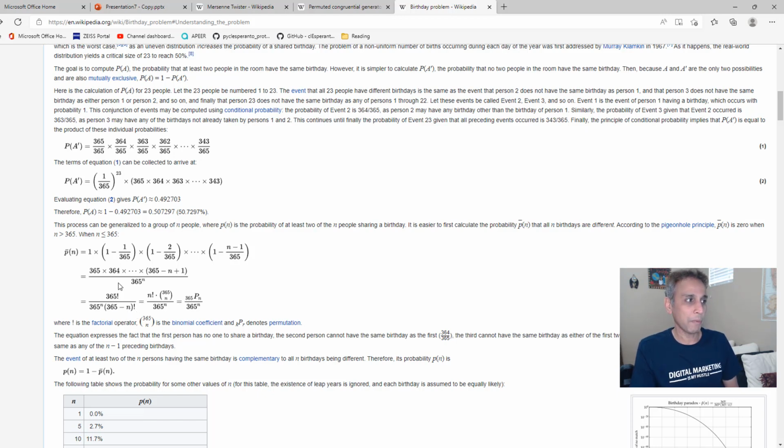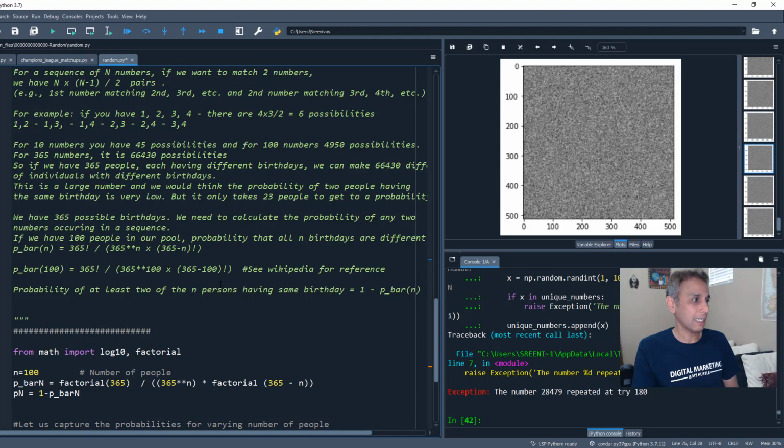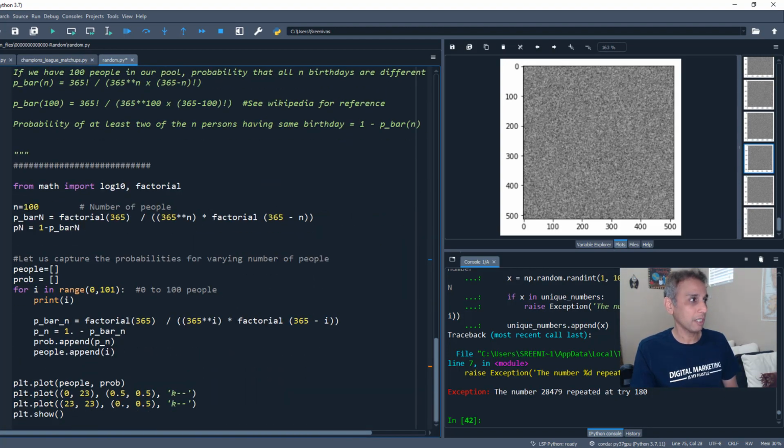So this is the probability of not having a shared birthday, and 1 minus that is the probability of 2 people having the same birthday. That's exactly what I did here. You see, I have a total of 100 people. Factorial 365 divided by 365 to the n, and so on.